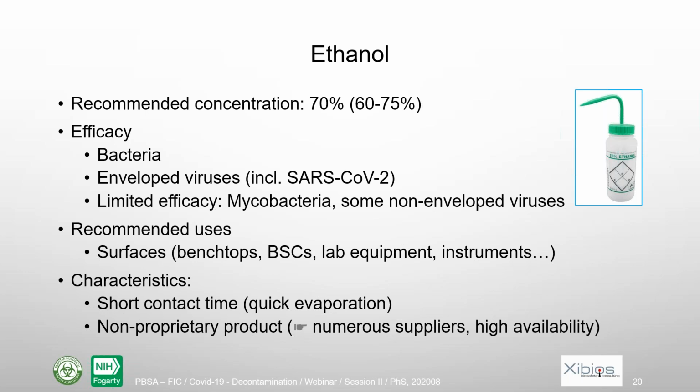Ethanol की जो recommended concentration है, यानी ताकत जो है, वो 70% पे है। ये बैक्टीरिया, वायरसेस के अगेंस्ट है। कुछ चीजों के अगेंस्ट उसकी इतनी एफिकेसी नहीं है, वो है माइक्रोबैक्टीरिया एंड नॉन एनवेलोप वायरसेस। इसका कॉमन यूज है कि आप इससे सर्फेसेस साफ कर सकें। इसका फायदा एक ये कि इसका कॉन्टैक्ट टाइम शॉर्ट है एंड काफी सप्लायर्स हैं, उसकी अवेलेबिलिटी इजीली अवेलेबल होती है।